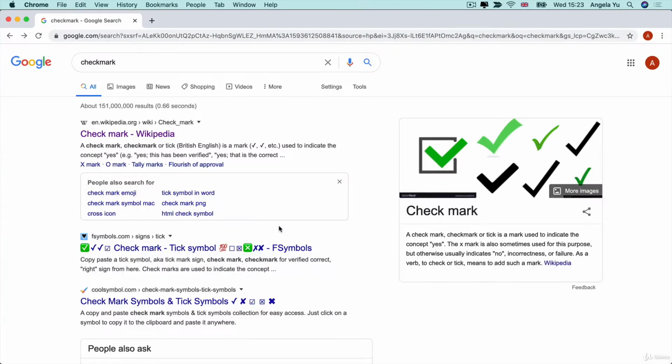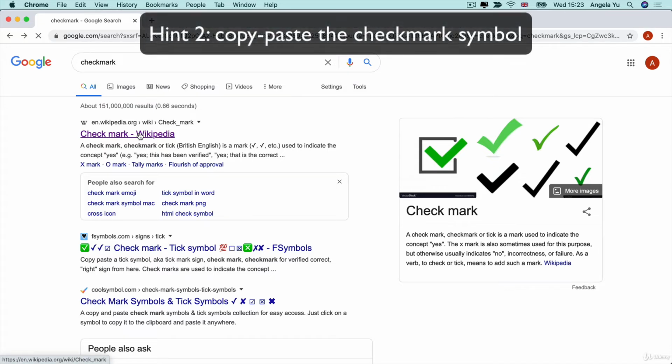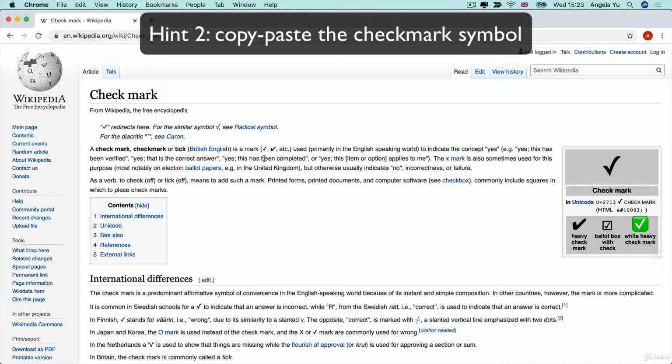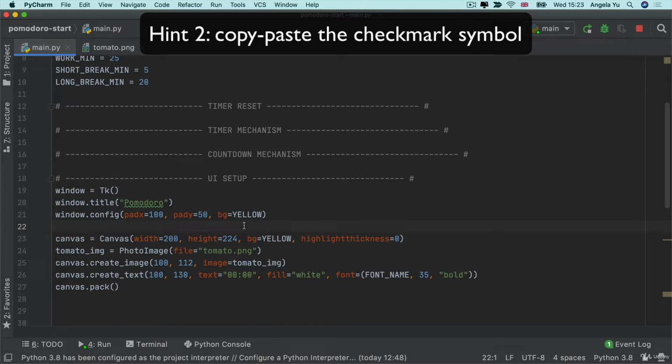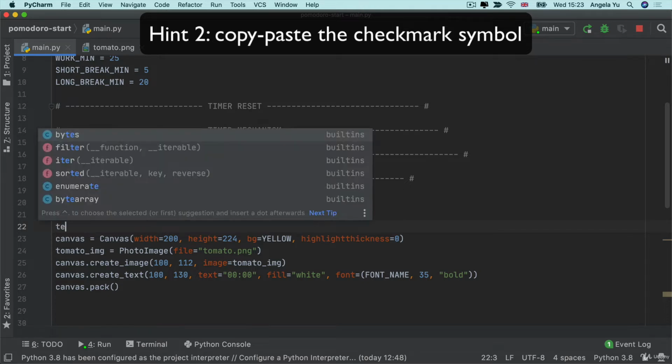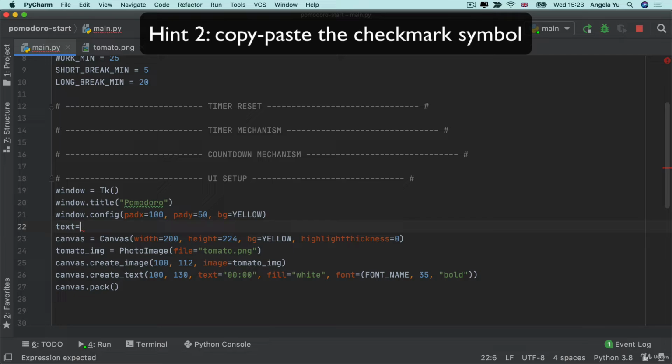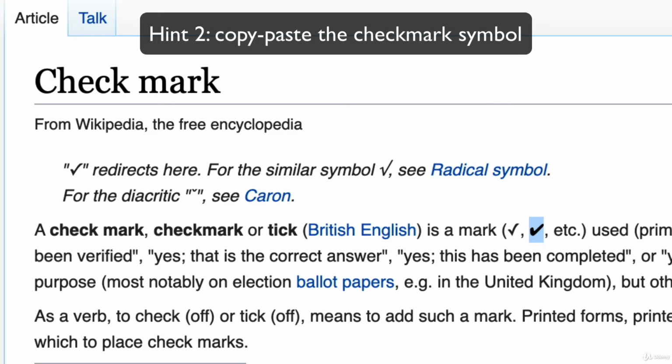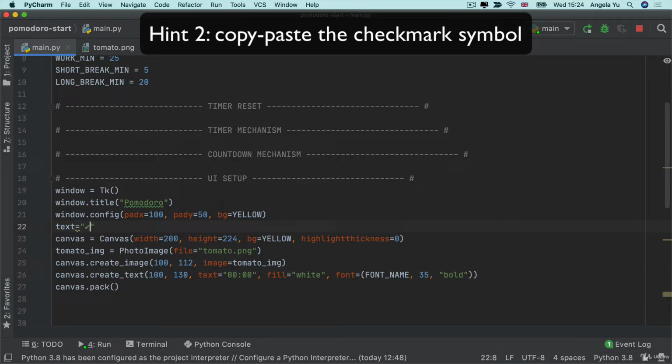Now, the other thing I want to show you is if you don't know how to get hold of a check mark, the easiest way is just to go onto Wikipedia and find the particular check mark that you like, and then just copy it and paste it into here as the text. So for example, if we had a label which had a text argument and I copy that check mark and I paste it here,